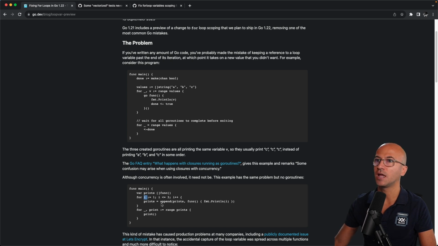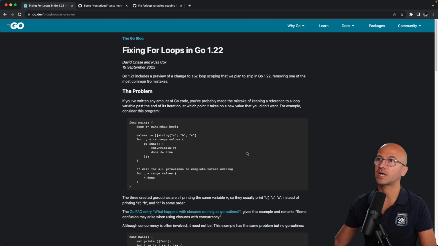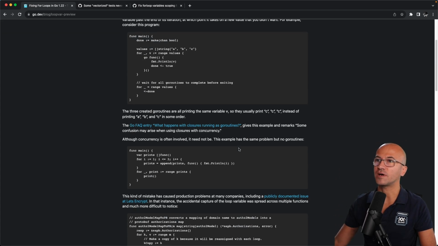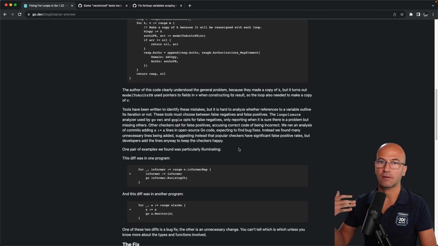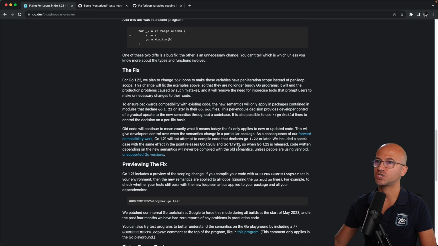And then in another for loop, subsequently, those closures, those functions, are executed. What ends up happening is that the end result of this is not what you would expect. And this is in fact the reason why this change is going to be introduced. So again, please refer to the article for the full scope of this, the current solutions that are available, and how the behavior will change.